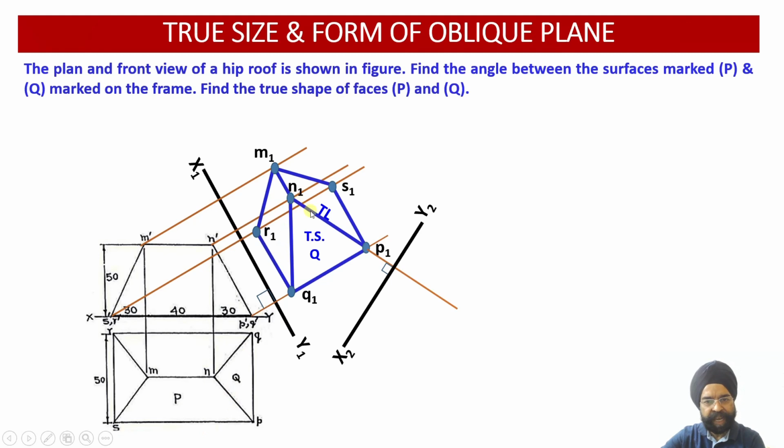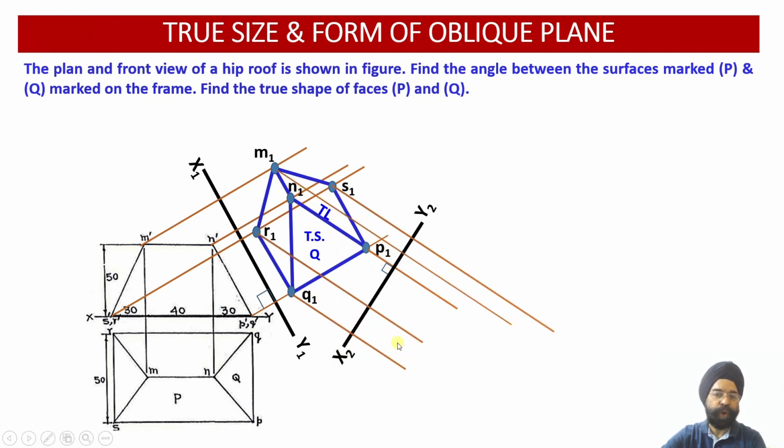So once I am going perpendicular to this, once again leave around 10 millimeter distance approximately, and draw an auxiliary plane perpendicular to this surface. Having drawn a perpendicular plane to this true length, I will be able to get a straight line corresponding to this surface. So now I am going to draw projections from all these points.